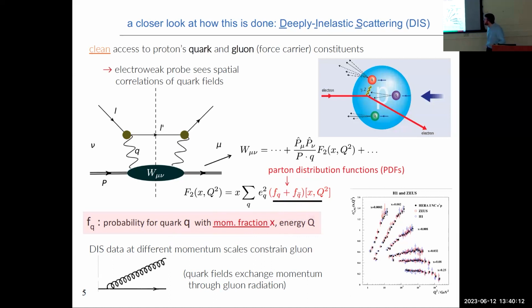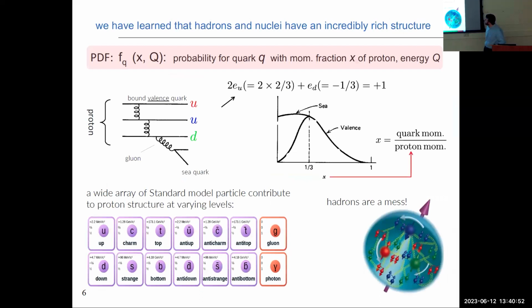What crucially happens, of course, is that you can measure this DIS cross-section at many different exchange virtualities or at many different momenta of the exchange photon. And, as I'll explain in more detail later in this talk, through theoretical machinery we can relate these structure functions at different scales according to our knowledge of radiative effects, where quark lines essentially radiate gluons, and that is what governs the evolution from one scale to a higher scale. And so for that reason, what's really crucial is to have data at many different scales to constrain the gluon content as well. That's roughly speaking how this works.